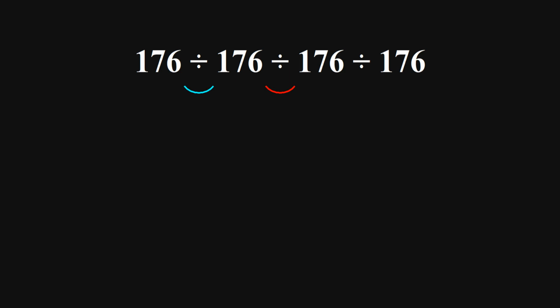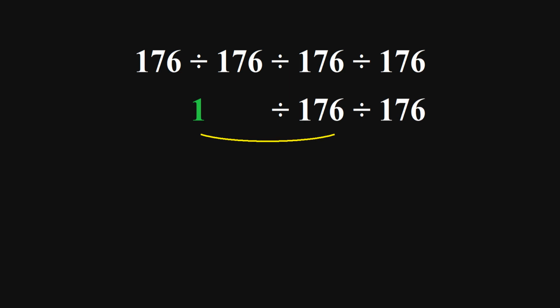division, and at last this division. So we have first this division, 176 divided by 176 equals 1. So we have 1 divided by 176 divided by 176, and we can write this part as 1 over 176 divided by 176. So we must keep the first fraction 1 over